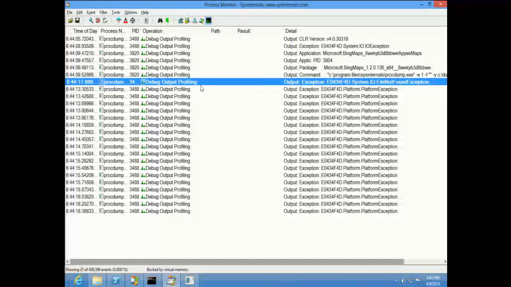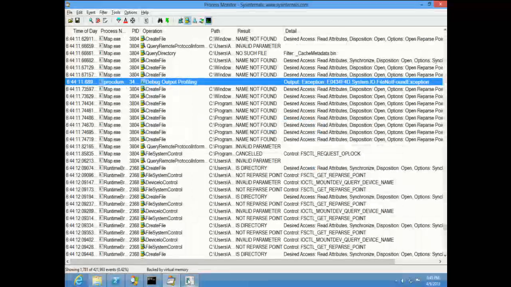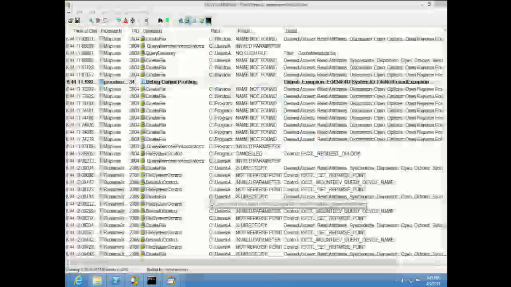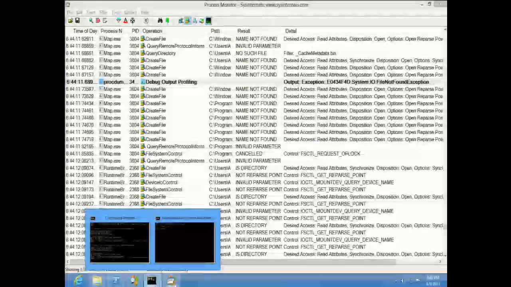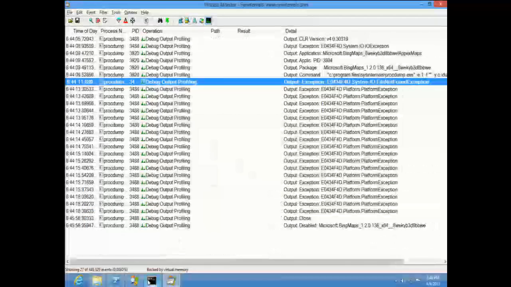There was a more interesting one that happened when I was working on this before. But anyway, you get the idea here that now, in addition to monitoring file and registry activity, you can also monitor process failure events. I'm showing another example here. Hide all these, and we'll monitor.